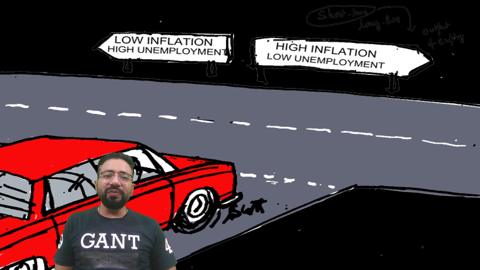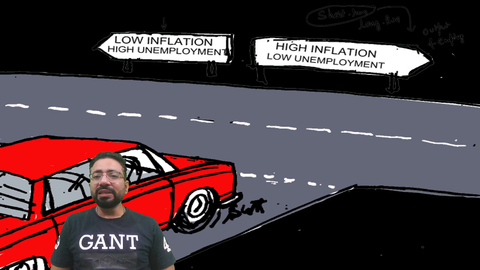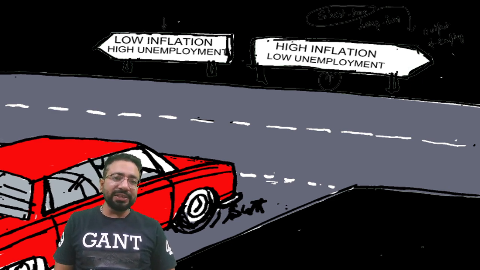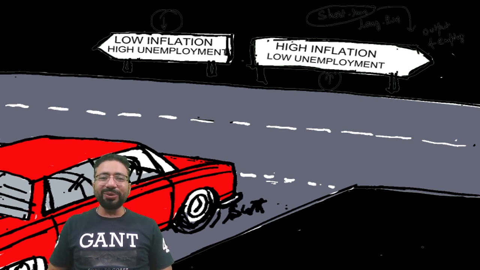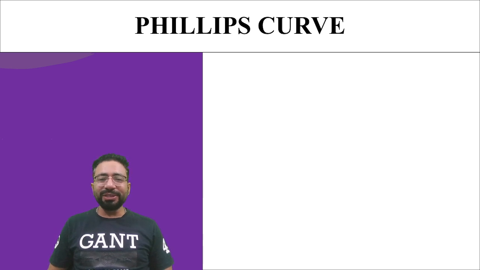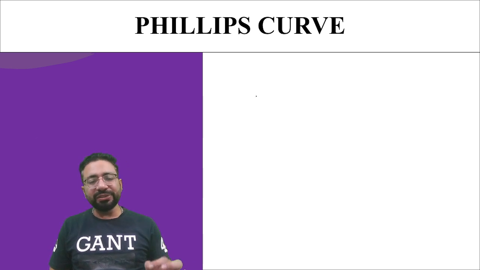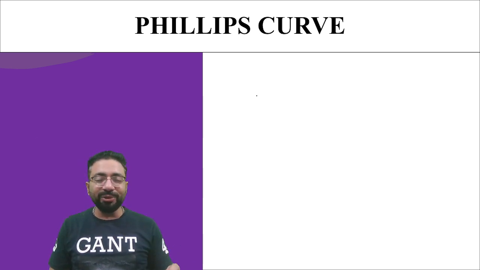As we can see, low inflation means high unemployment, high inflation means low unemployment. That is the relationship which Phillips curve tries to find out. So we are going to discuss that in detail. So proceeding further, now coming to the meaning of Phillips curve. Phillips curve basically tries to make a trade-off or a relationship between a rate of unemployment and rate of